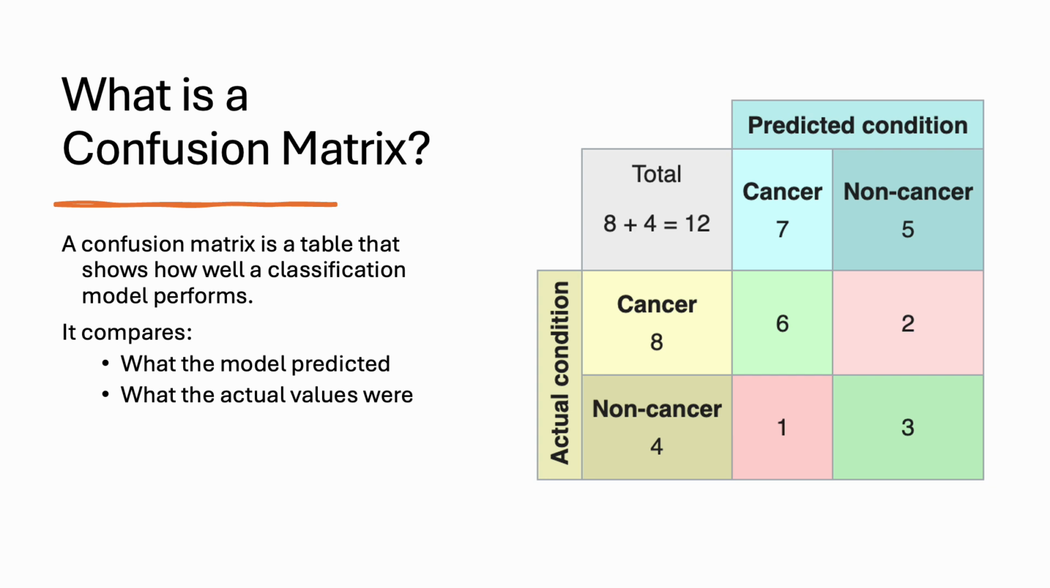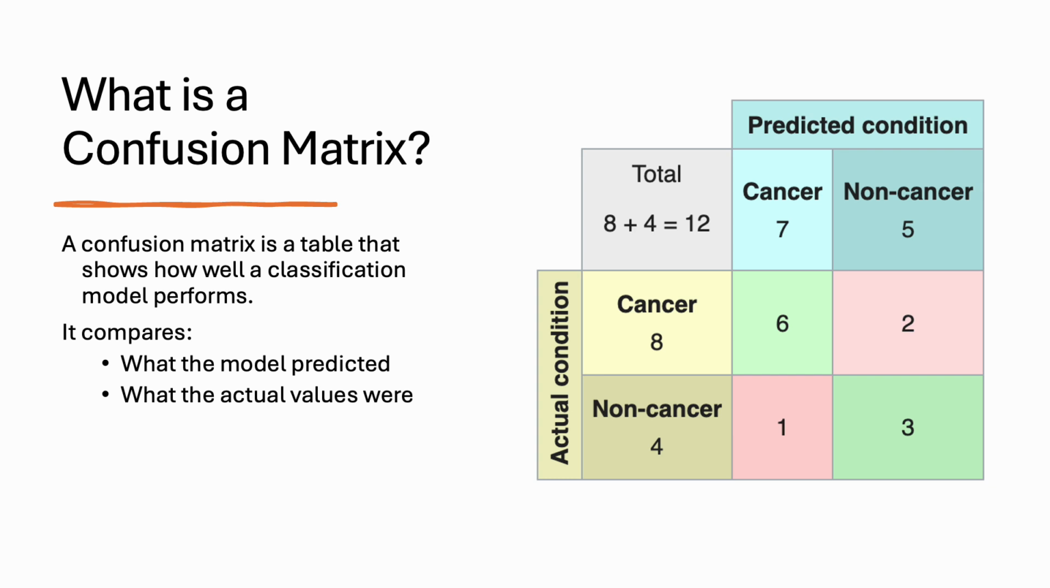First we need to understand what a confusion matrix is. A confusion matrix is a table that shows how well a classification model performs. I presented an example on this slide. As you can see, there are two classes: one is cancer, another one is non-cancer. The objective of this model is to predict cancer or non-cancer. That means it needs to classify which sample contains cancer, and which one does not have